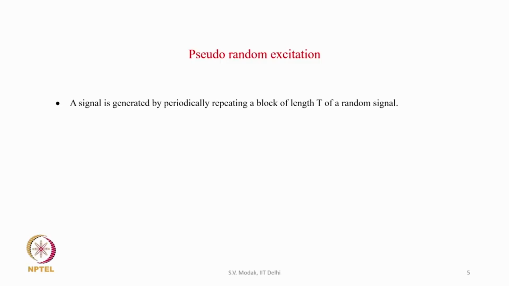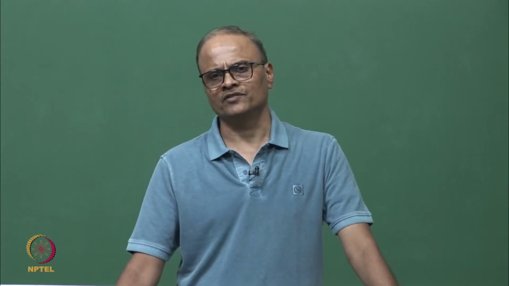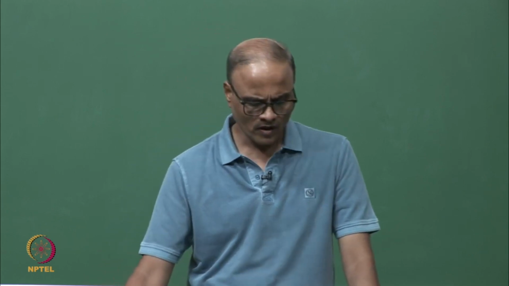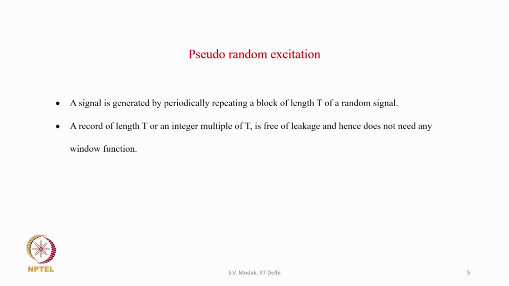Pseudo random excitation is basically a signal that is generated by periodically repeating a block of length t of a random signal. What we do is generate a random signal of length t, and then we repeat this length t to obtain the excitation signal. The excitation signal obtained in this manner is nothing but the pseudo random excitation signal. And what is the advantage of this? The advantage is that if we now take a record of length t from this signal, or an integer multiple